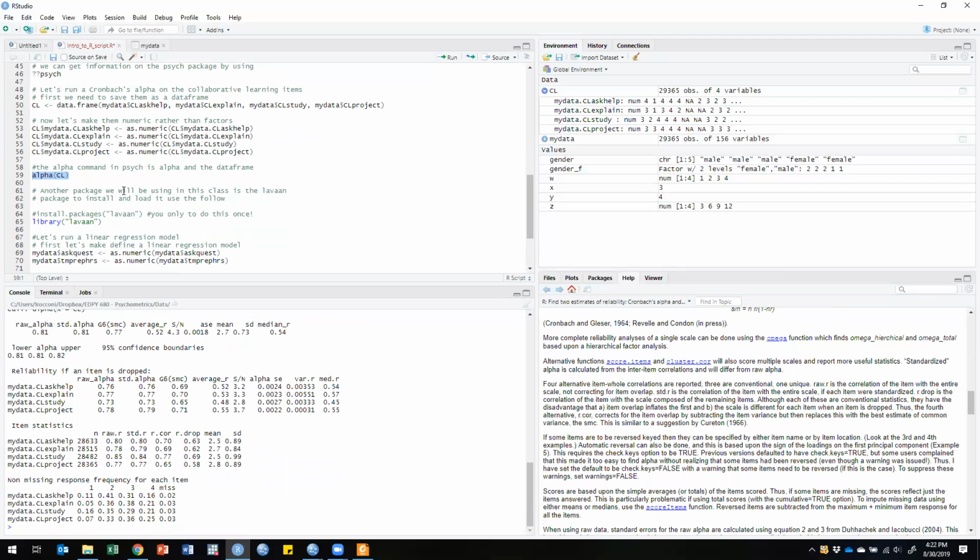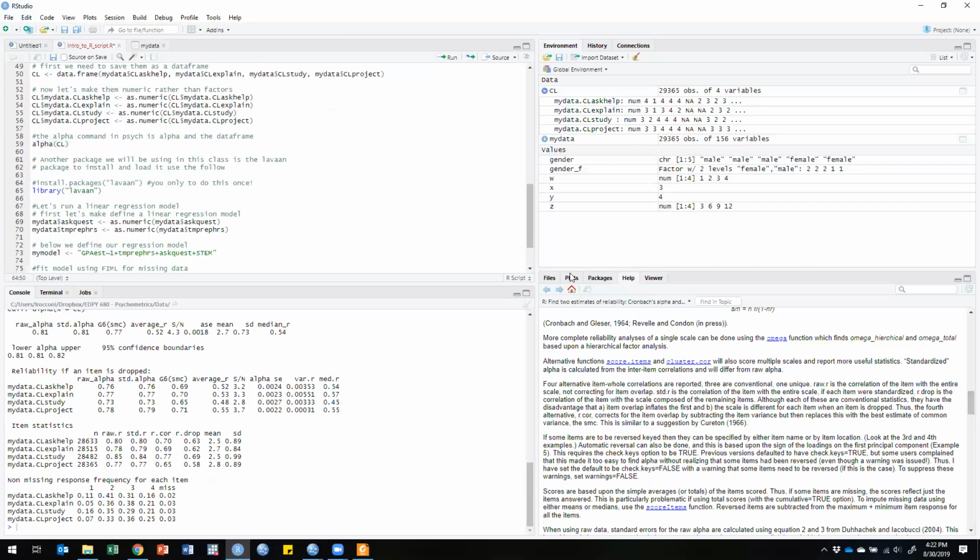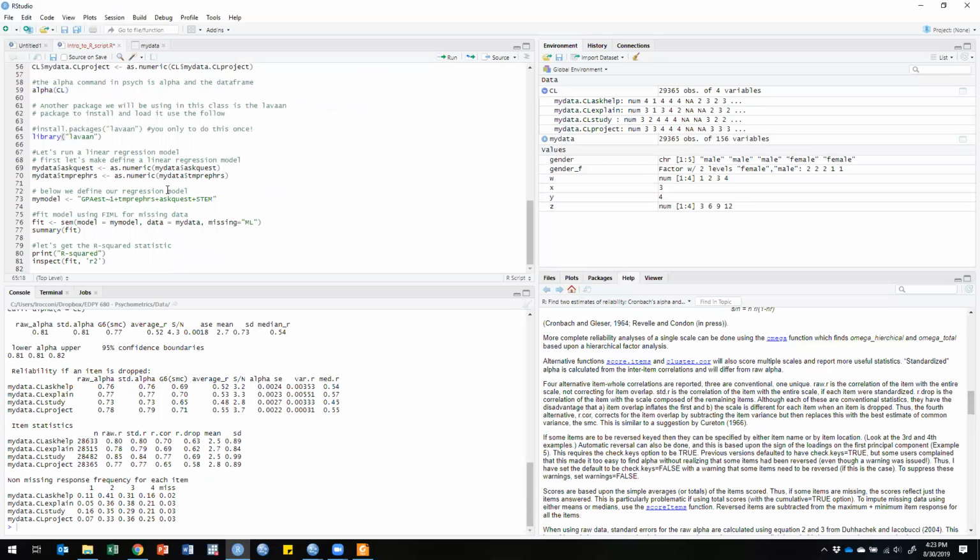Another package we're going to use in this class is the lavaan package. It's a structural equation modeling package that can also be used for confirmatory factor analysis. You can also think of a linear regression model as a special case of a structural equation model. So let's do that. So we can open the lavaan package,